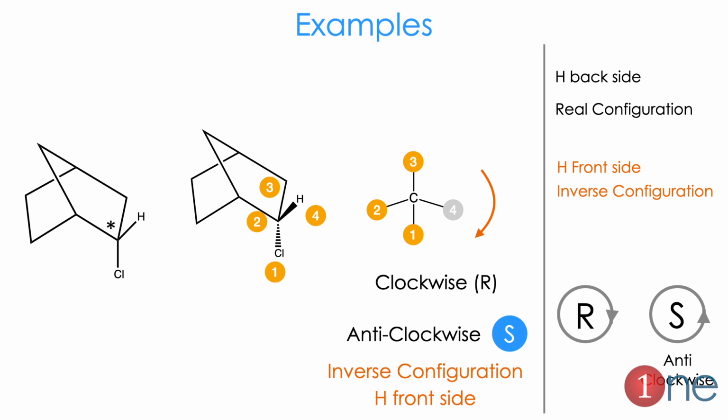Let us see another example from the rigid carbon. Here the chiral carbon shown as a star is attached with chlorine, one rigid carbon and one side carbon. Let us rewrite with wedge and dot structure. Clearly you can see hydrogen is on front side. So our normal story is hydrogen on front side means it is inverse in configuration. So we rewrite again. Chlorine gets first preference, the rigid near carbon gets second and the side carbon gets third. If you do the arrangement study, it is a clockwise direction, but hydrogen is on front side, so it is inverse in configuration, which is S.